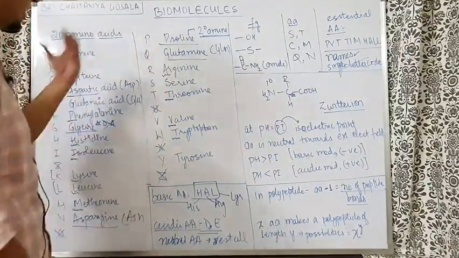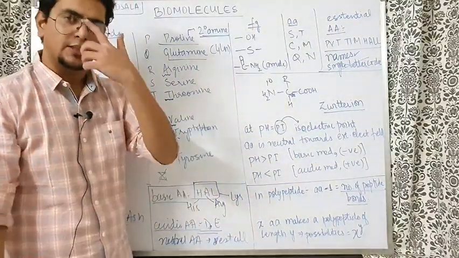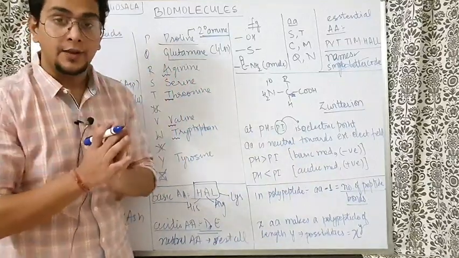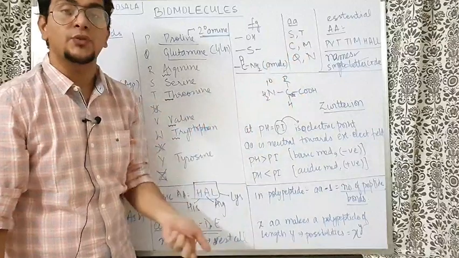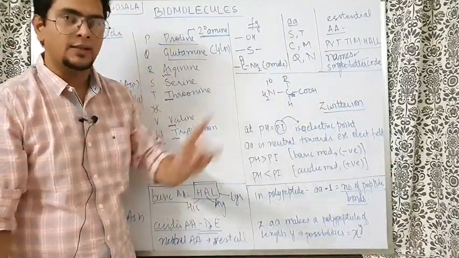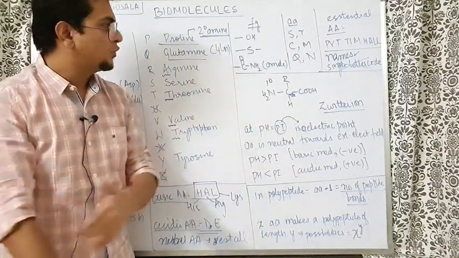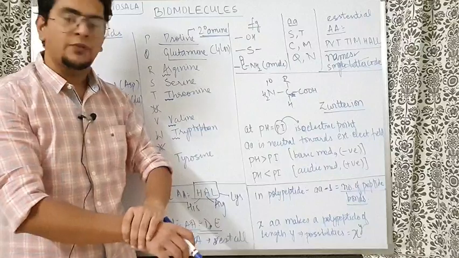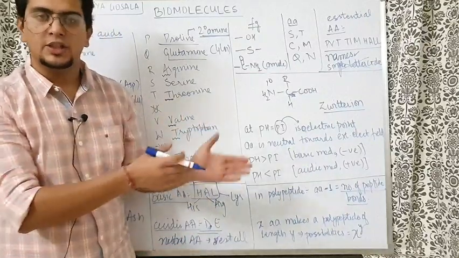Now, the structures. Students ask, sir, how to remember the structure? So I will tell you which kind of questions they ask. If you are unlucky enough and they directly ask you, this structure is for which amino acid? For that case, the insurance can only be there if you read the table properly. I'm assuming that those students who are asking for shortcuts for everything will not be expecting to get full marks in such a tough paper.